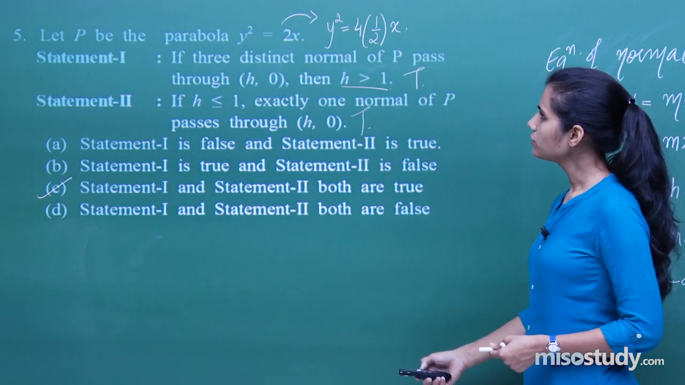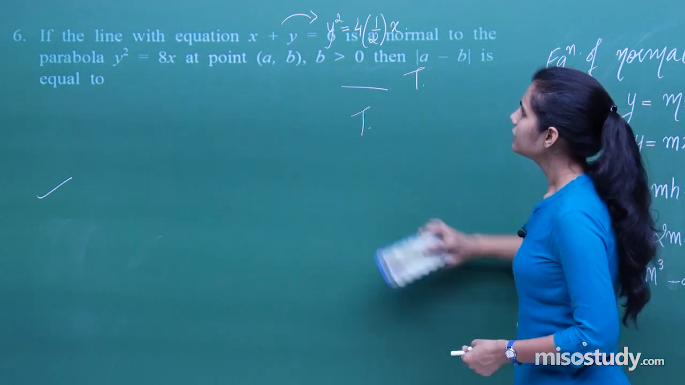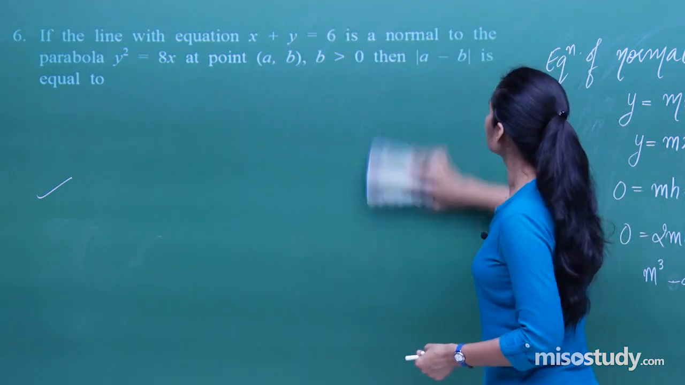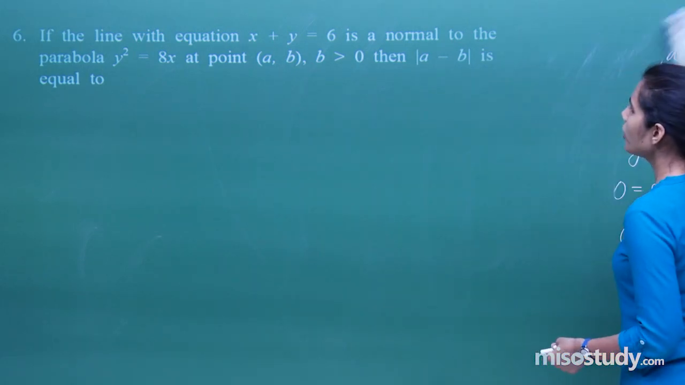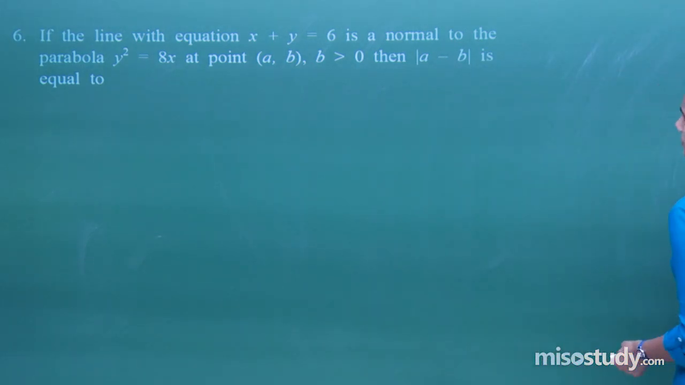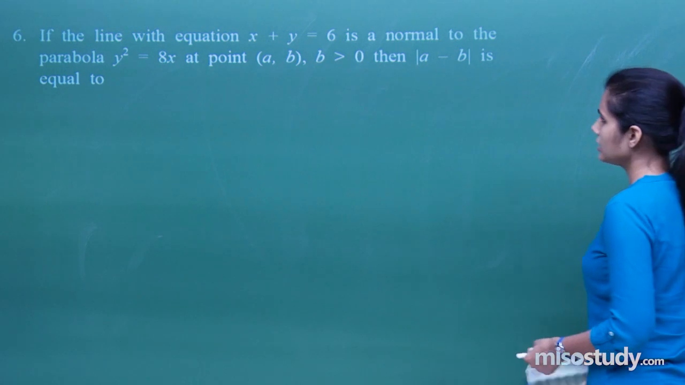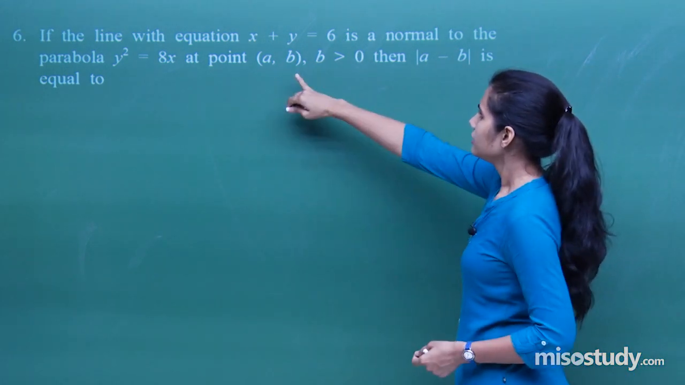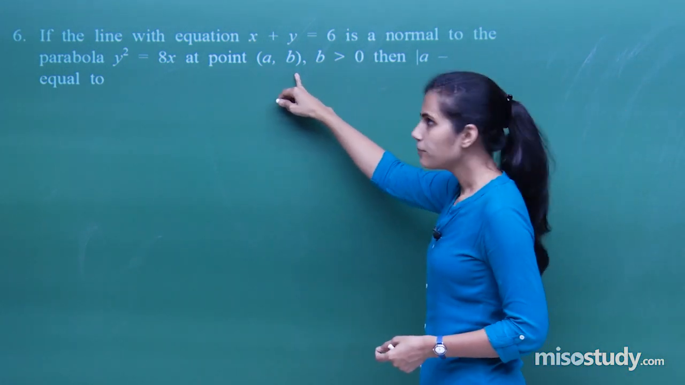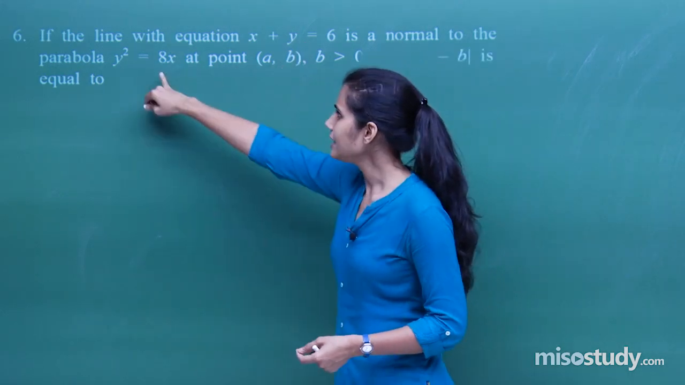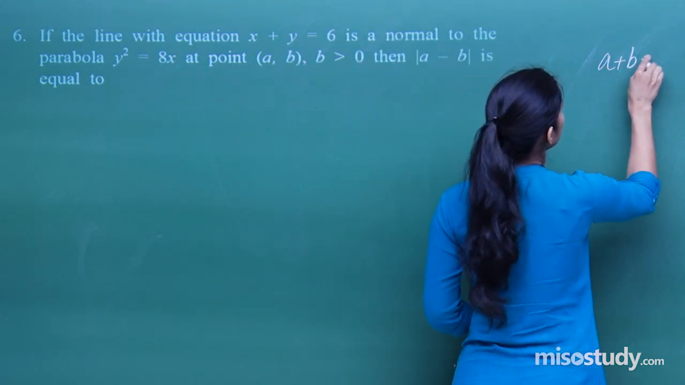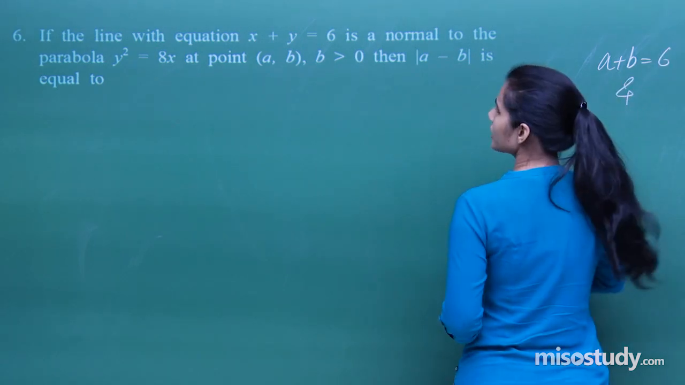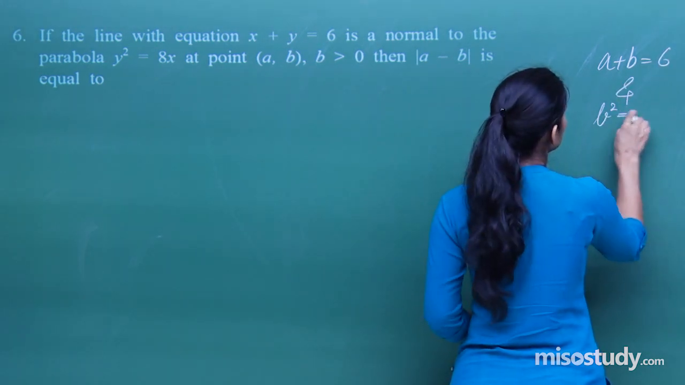And therefore both these statements are again true. Moving on to the next question, we have, if the line with the equation x plus y equals 6 is normal to the parabola y square equals 8x at the point a comma b, then mod of a minus b is equal to what? So see, a comma b is a point which is satisfying the equation of the line as well as the parabola. So you get a plus b equals 6, and you also get b square equals 8a,